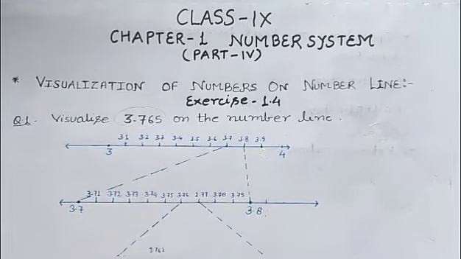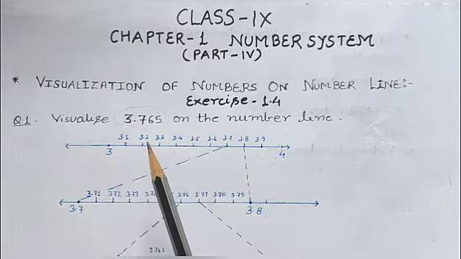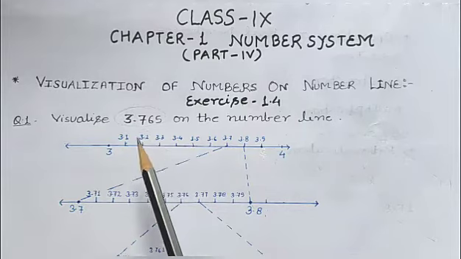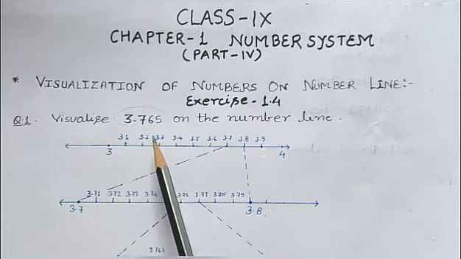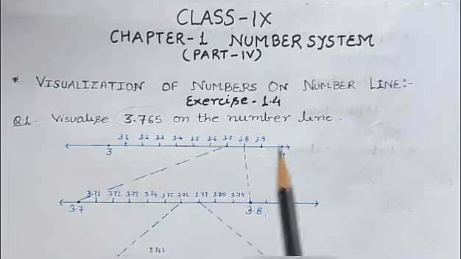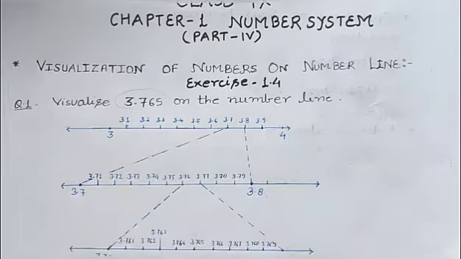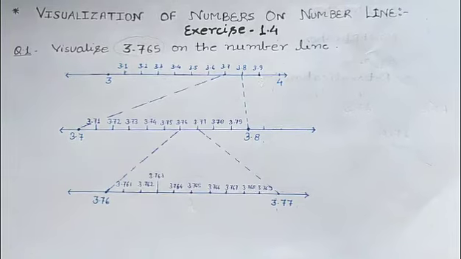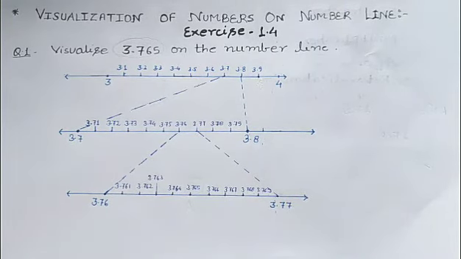See, we have shown the rational number on the number line, we have shown the irrational number on the number line, but this is the decimal type, whether it is a terminating decimal or a non-terminating but repeating decimal. This method is called the successive visualization method. And how will you use this method to show these kinds of numbers on the number line? So see, our number is